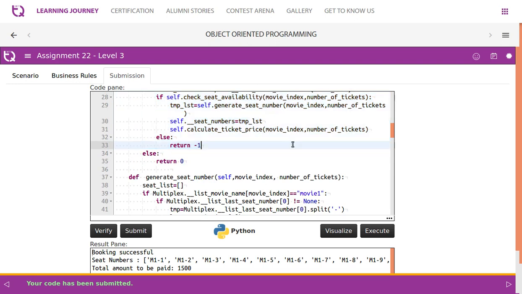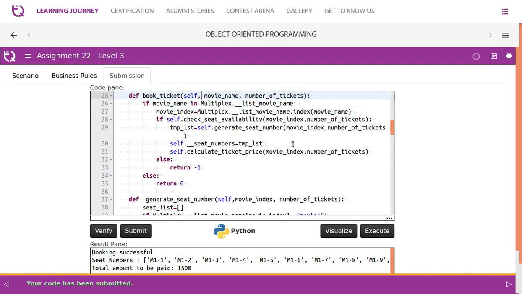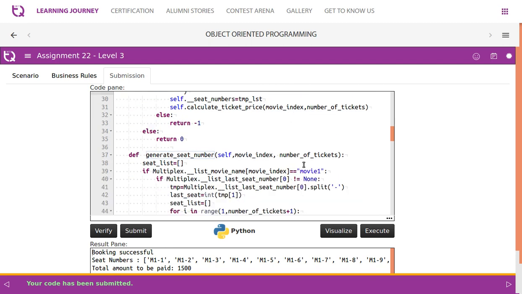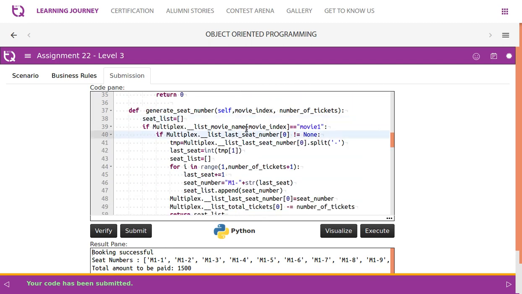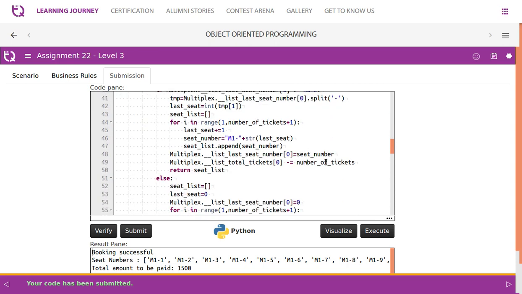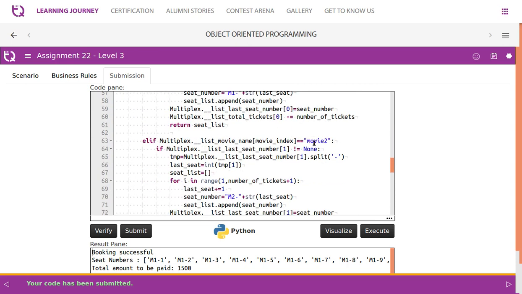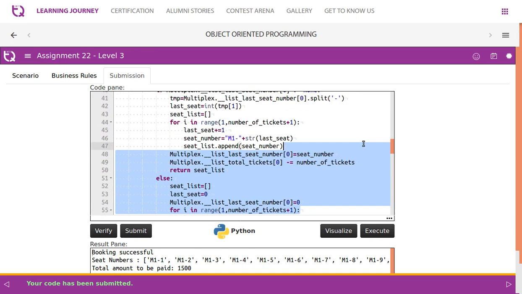So in book ticket, what we do is check the availability, then generate seat number. After generating seat number, we calculate ticket price. So generate seat number is the one we need to focus on. They have given us movie index. We check if movie name is movie 1. If you are able to do this for one movie, you should also be able to do it for movie 2, the second movie. Let's see how this works.